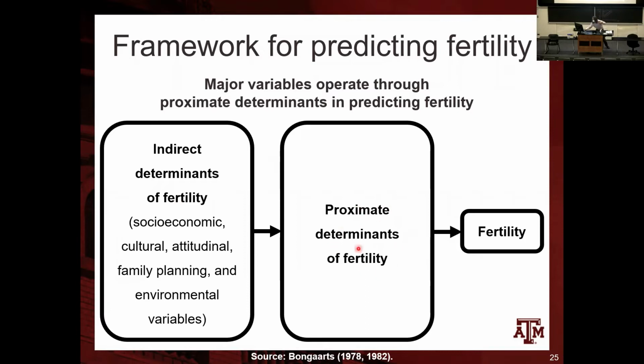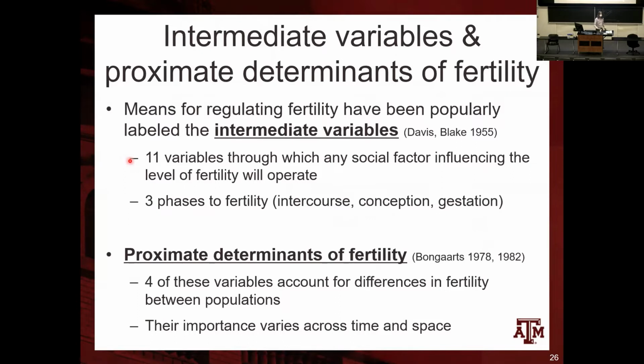So the age at which people get married is here, the proportion of people getting married is here, influenced by unemployment, this general indirect factor. Urbanization: I'm going to have fewer children because it's more expensive, so I'm going to use contraceptives. Contraceptives is here. And then the proportion of people getting married and contraceptives are here, and then they influence fertility. They are some of the 11 variables discussed by Davis and Blake as these intermediate variables. And they grouped these 11 variables in 3 groups: intercourse, conception, and gestation. And then afterwards,